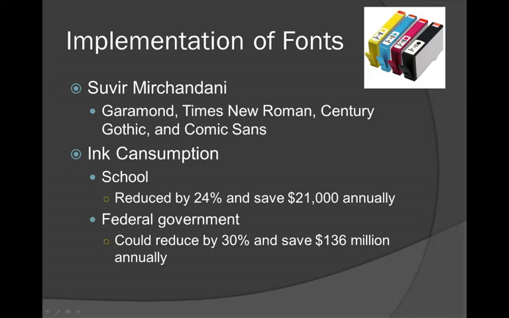Once he figured this out, it kind of led him to expand his view and look at a bigger picture, like the federal government, which spends somewhere on average around $1.8 billion per year in printing. So running those same tests again, but using the printing materials that he was able to obtain from a government website and switching the font to Garamond, he found that they could save 30% or $136 million per year by